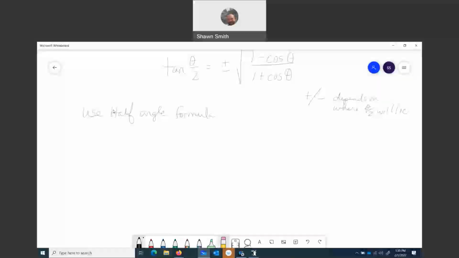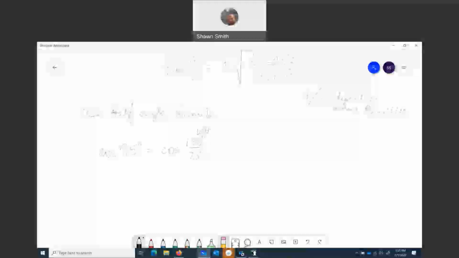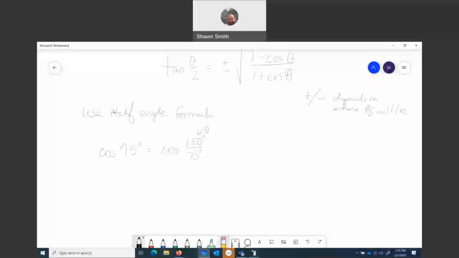All right, so cosine of 75 degrees. This is the same thing as saying what number divided by 2 is 75? 150, right? So here's our theta, 150 degrees. So the formula for this,